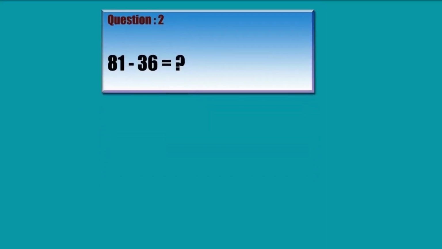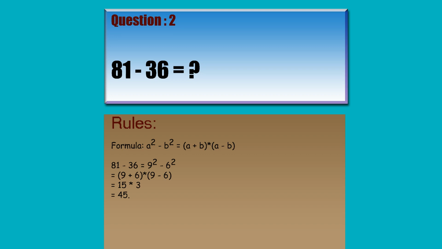81 squared minus 36 squared is what? We are going to use the formula, a square minus b square equals